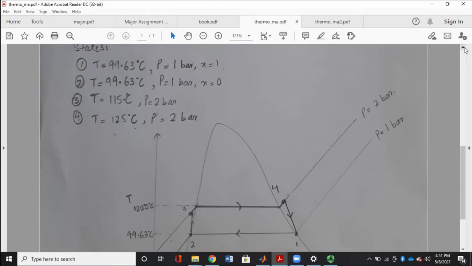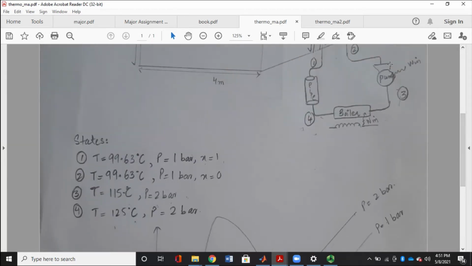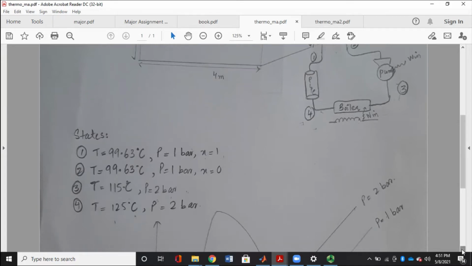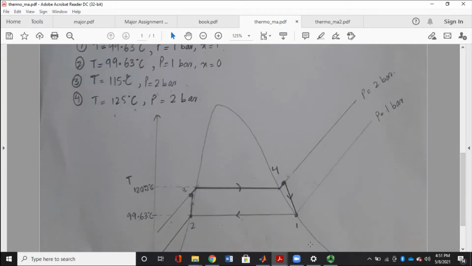State 3 is defined to be after the pump. After the pump, which increases pressure and takes in electric work, the pressure is increased to 2 bar, that is, it jumps along an isobar from 1 bar to 2 bar, and the temperature is defined to be 115, which is less than the saturation temperature at this isobar, and hence this is our state 3. Now we've defined state 4, which is after the boiler, which again takes in work and